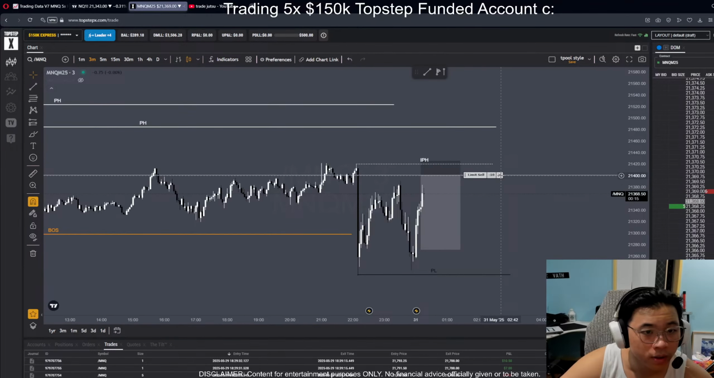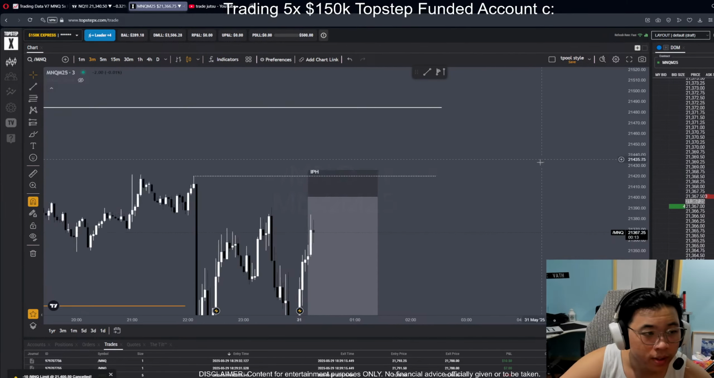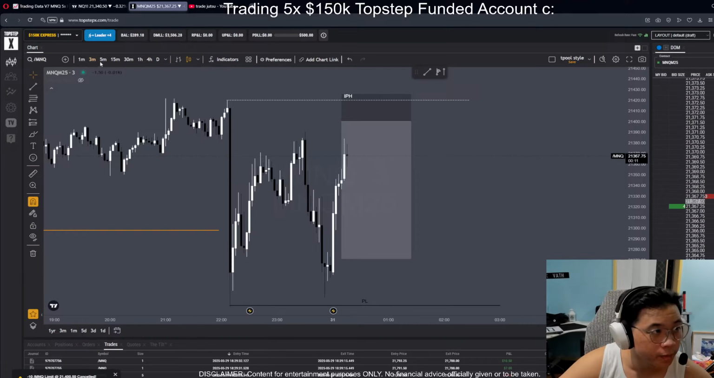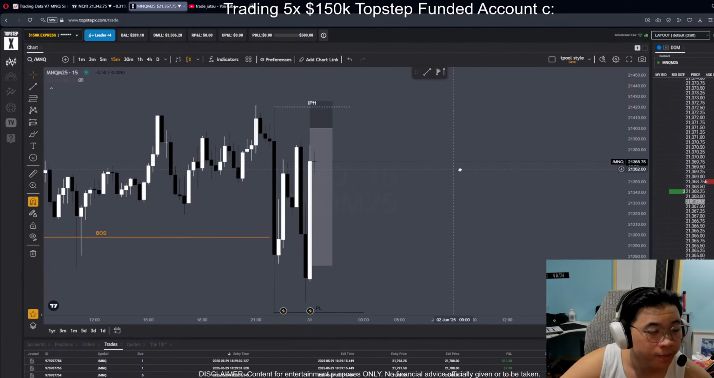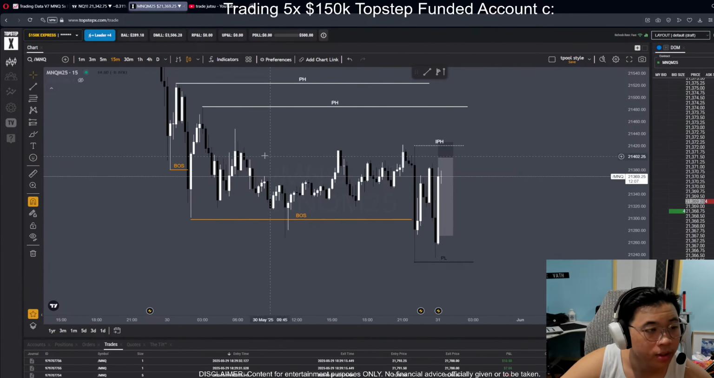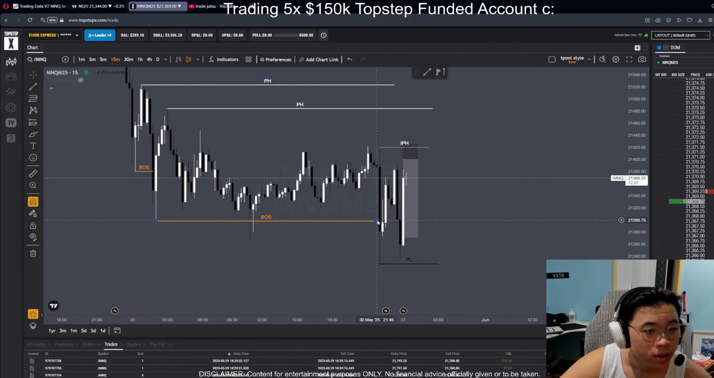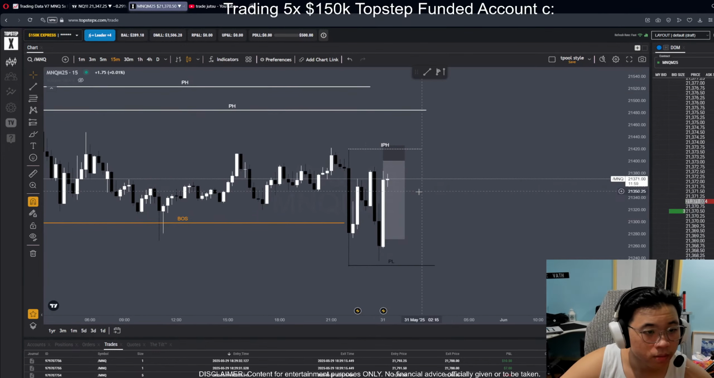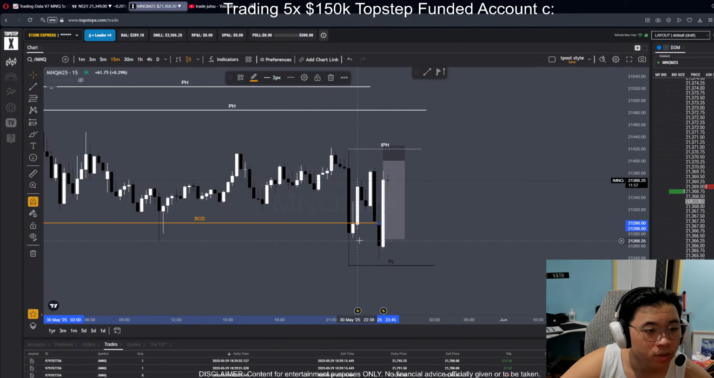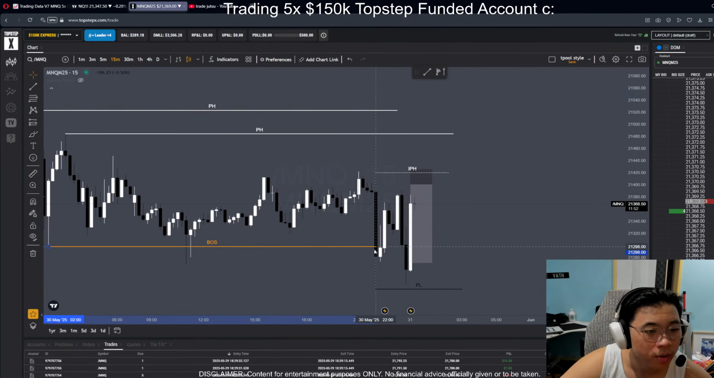Okay, so just to tidy this one up a little bit, on the 15 minute, there we go. We can see this a bit clearer. Break of structure, protected high, protected low, break of structure here. Or if we want to say that this respected it, then we can go long. Or it could be a long move. But